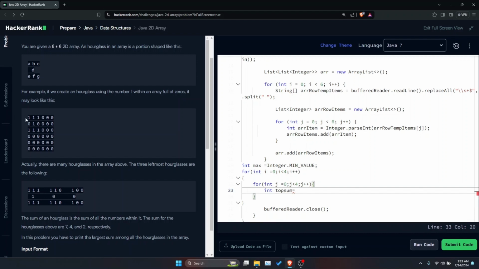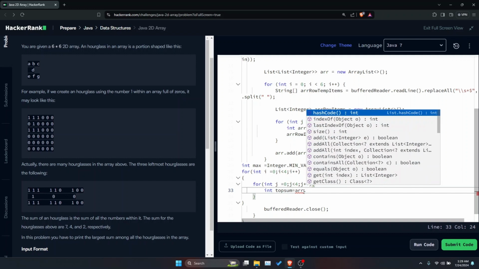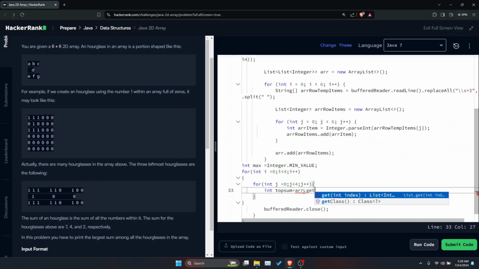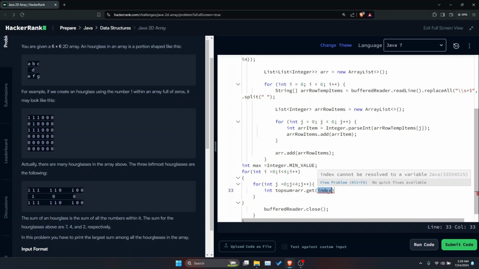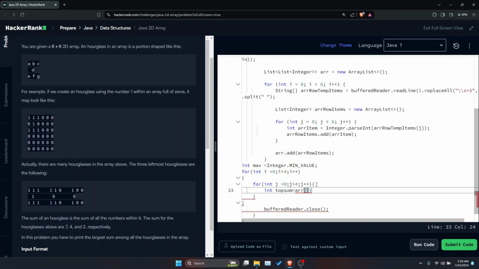I would write the values that would be included in the top row. So I'll use this list of lists made. I would write r dot get. So I have to write the index over here. The reason I'm not writing it like an array is because it's a list of lists over here, so I have to use the dot get method.